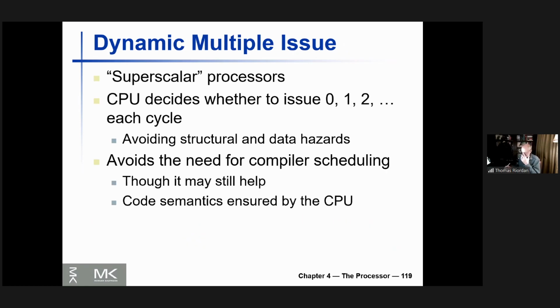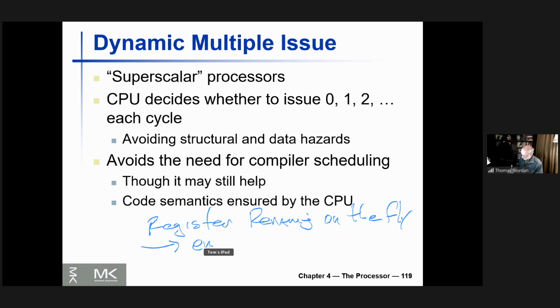Okay, so dynamic multiple issue again. The new news here is, as we just said, that dynamic multiple issue just does what we just did by hand. It just does it on the fly. So it does register renaming on the fly. And this takes an enormous amount of hardware. It's simple to think about, simple conceptually, but getting it right